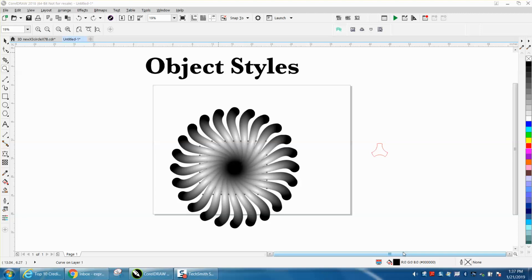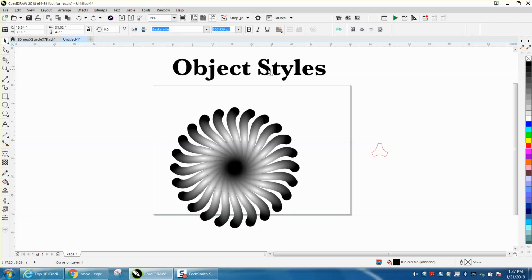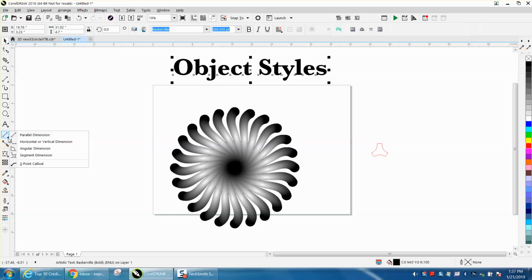Hi, it's me again with Corel Draw Tips and Tricks, and this is another video on object styles. And this one might be the most useful one for me because I use this tool all the time and I could never figure out how to change the dimension